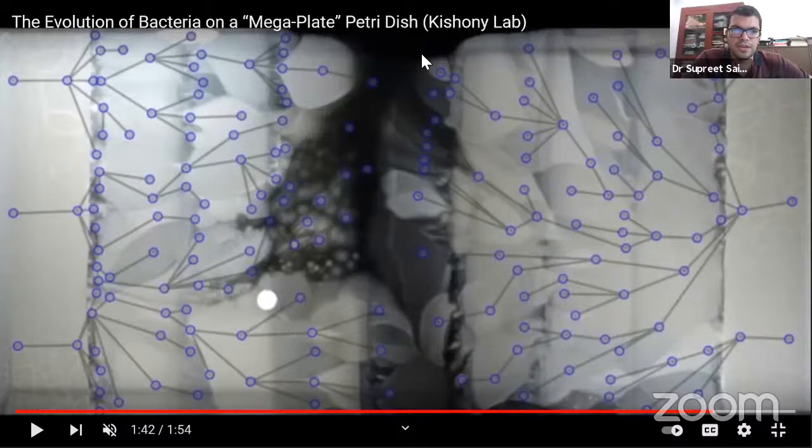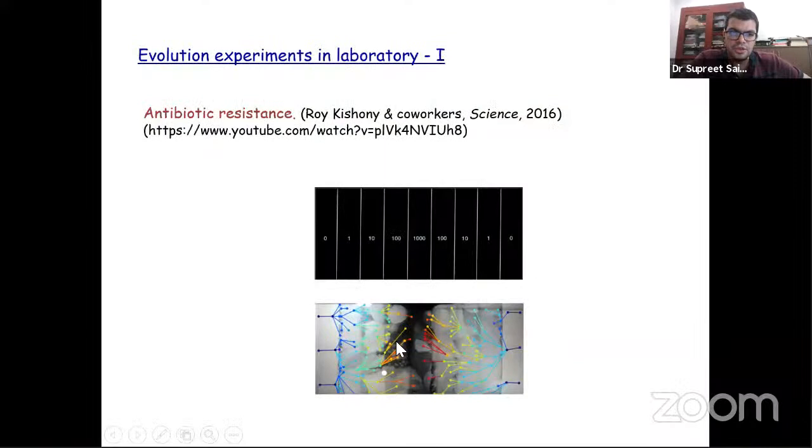All right, we will go back to the presentation. So this is an example. If you see these nodes, this is a picture from the same video. We can now trace back and understand what mutation happened where and how it spread going forward, and so on and so forth. So this offers us the statistics of the evolutionary process, which is actually quite a remarkable area, because evolution is a statistical process. Every time you do an evolutionary experiment, the outcomes are going to be different from other tries. And hence this study offers an insight into that aspect of evolution.